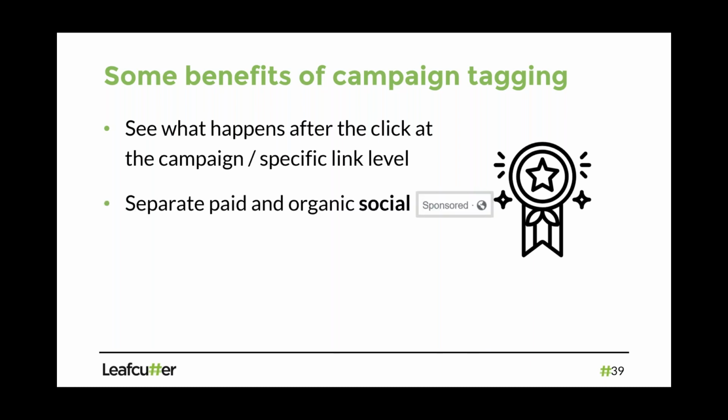One of the big things I'd normally do is separate paid and organic social activity, because if you don't use UTM tagging, all of it's just going to dump under social. You're going to have some organic activity, not a lot, but there'll be some people clicking on normal organic links in Facebook, and it's going to make your campaign look a little bit better than it really is. I want to see what happens on paid, I want to see what happens organically, and separate them out as much as possible.